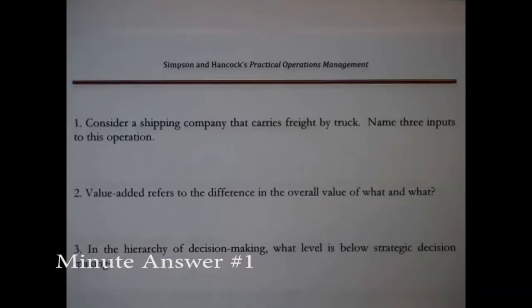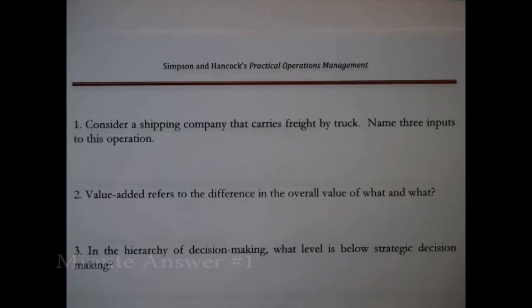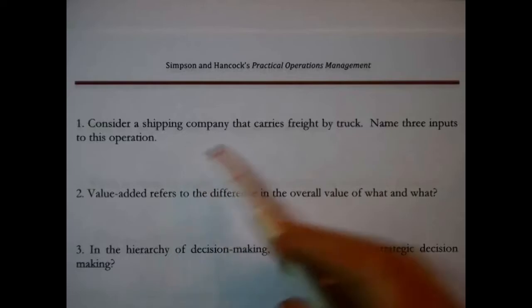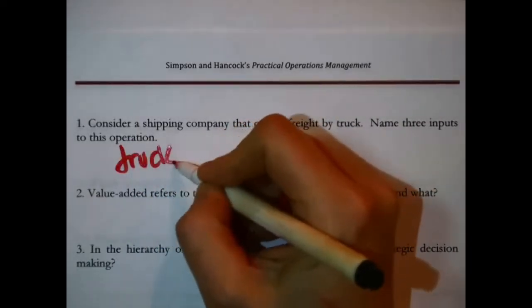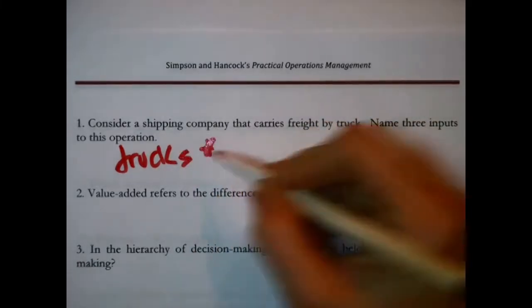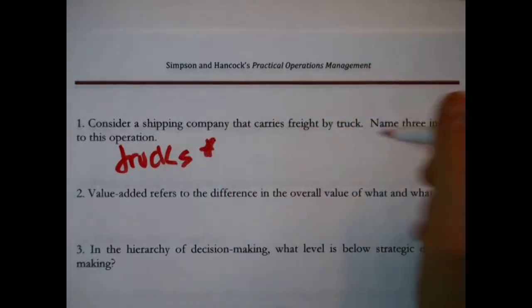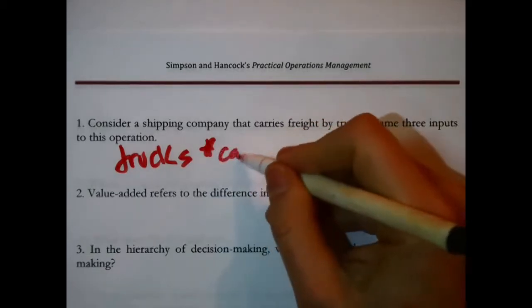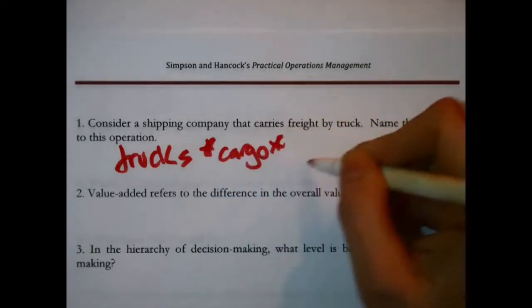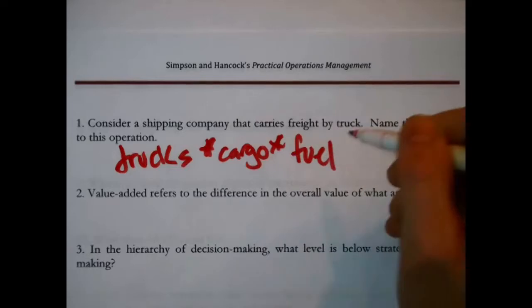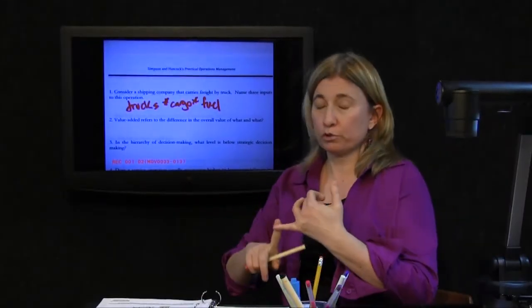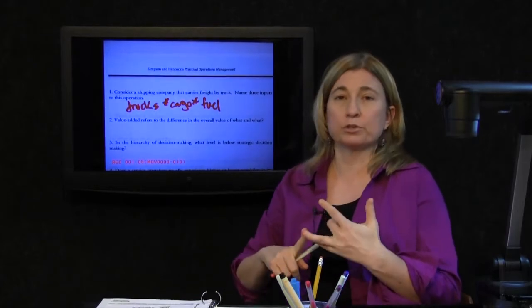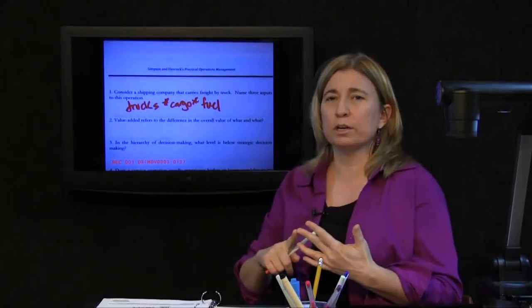Let's look. 1. Consider a shipping company that carries freight by truck. Name 3 inputs to this operation. Okay, easy. Well, it's a shipping company by truck, so trucks are an input. Anything that is required by this company, well, actually cargo is an input. Fuel is an input. I can keep going. It only asked for 3, but how about drivers are an input, dispatchers are an input, customers are an input,